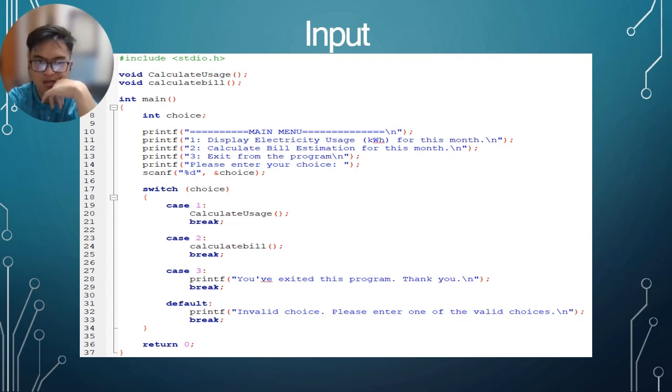The first option is to display the electricity usage. The second option is calculate bill estimation, and the third option is to exit from the program. After that, there's also a fourth print function that will display, "Please enter your choice." The consumer will choose 0, 1, 2, or 3, and the program will scan it. After the output, using a switch statement, they're going to put